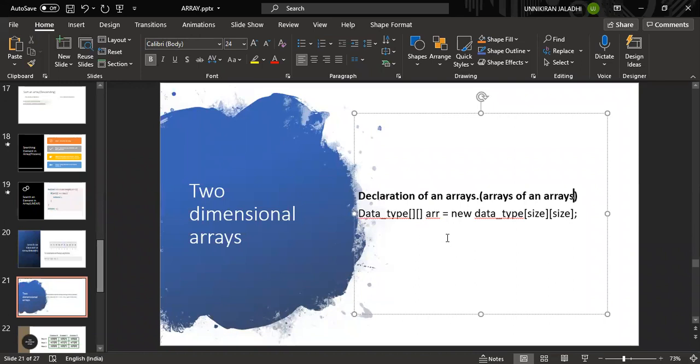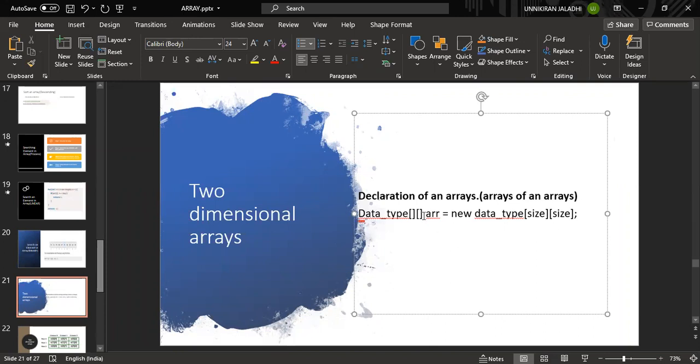So what is the use of a two-dimensional array? Inside one array, we are having some more arrays. So at the time of matrix operations, I think you people are using matrix addition, subtraction, and multiplication. In the sense of multiple applications, where you are going to store some values inside another array, we have to use two-dimensional arrays. And we also have a three-dimensional array in our syllabus. We are going to discuss that later.